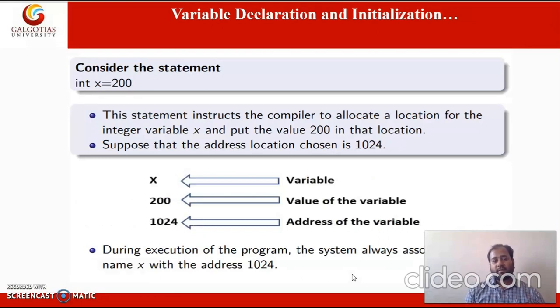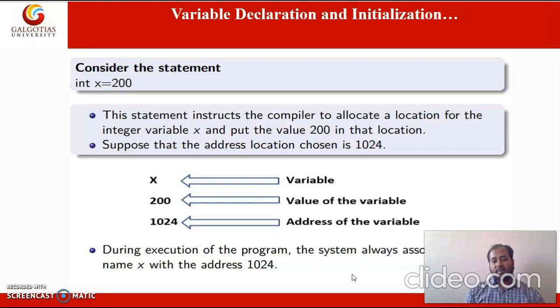Suppose you are writing a program in which you encounter the statement int x = 200. What does it mean? The statement instructs the compiler to allocate a location for integer variable x and put the value 200 in that location, and suppose the address location is 1024.